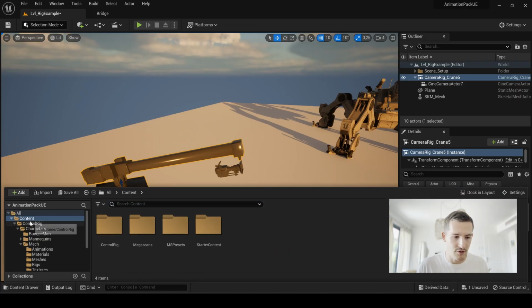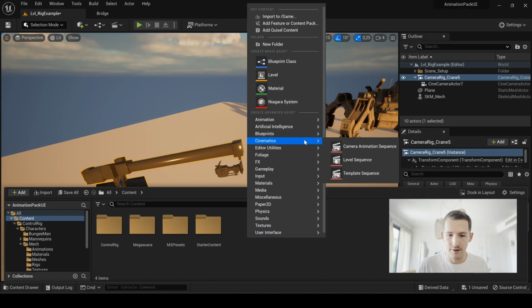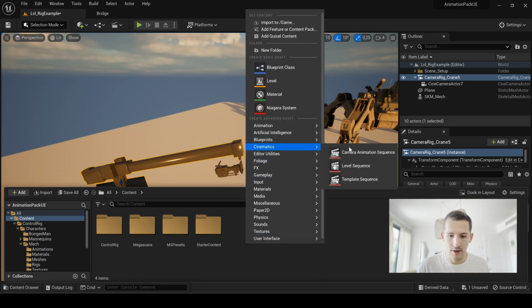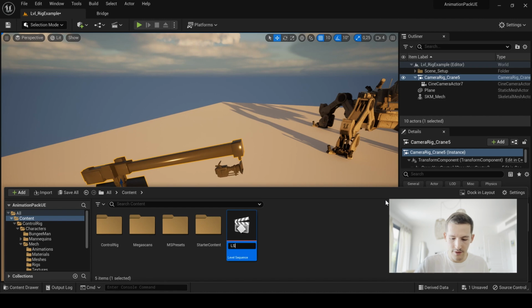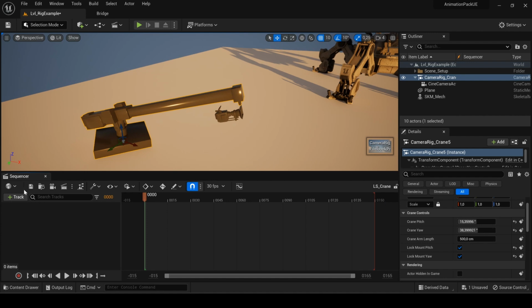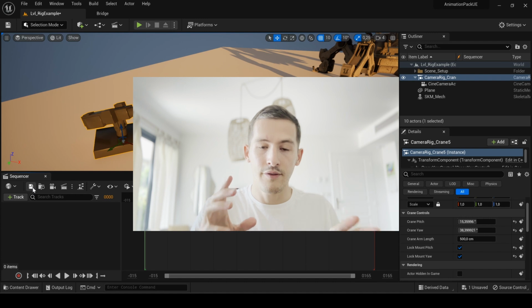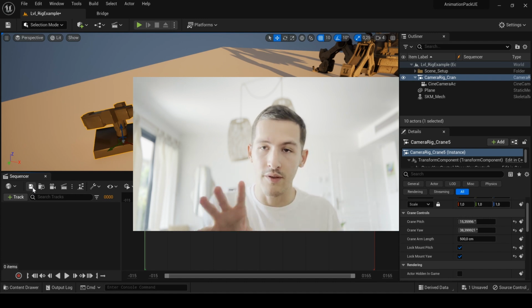And now, how to bring this into our sequencer? The first thing, of course, is to create a level sequence. So go to the content drawer, right click, go to cinematics, level sequence. I will call this ls_crane. You open it, and the first thing to know is if you want to render something with your camera,